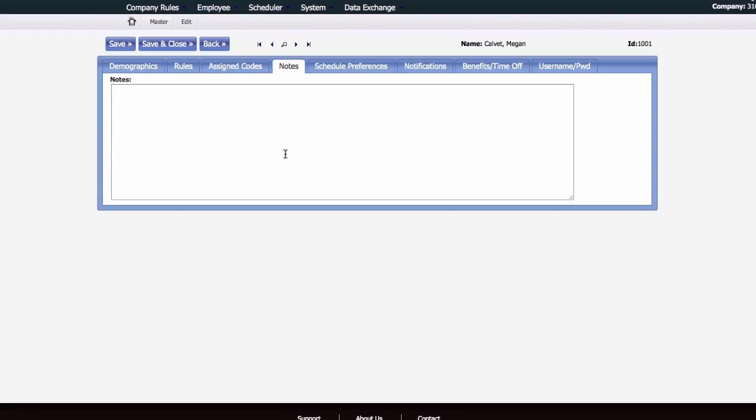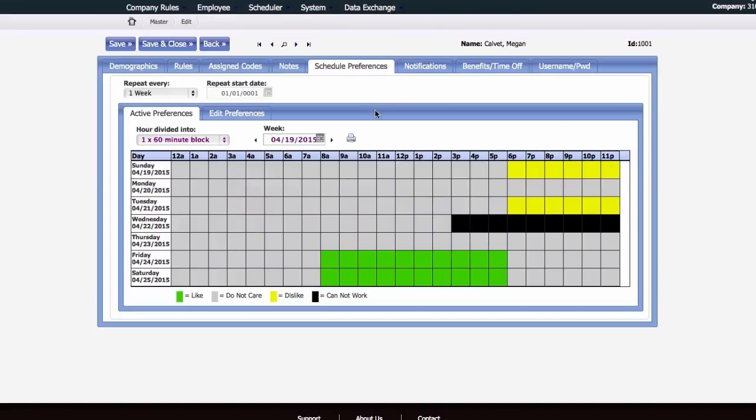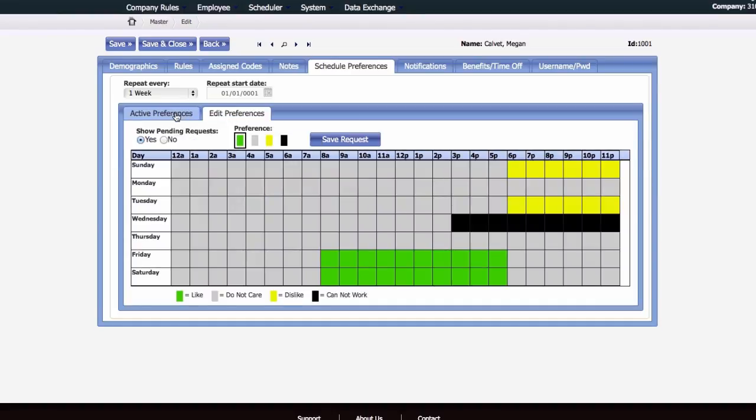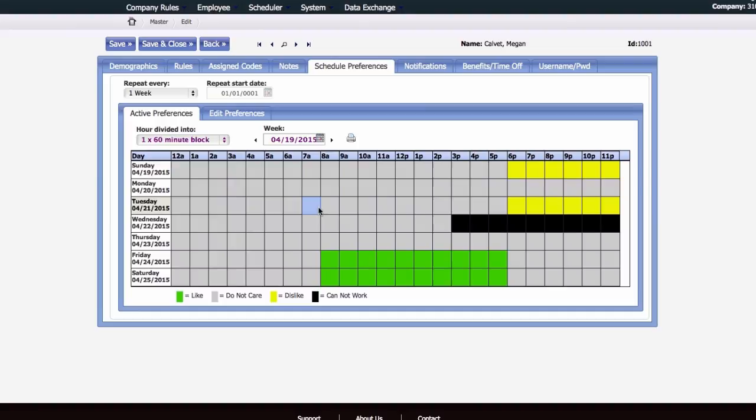The Notes tab is for internal notes. The employee cannot see those. Schedule preferences can be set from the employee's side, or if you're logged in as a manager, you can edit the preferences yourself. So the active preferences, which is the first tab we saw,